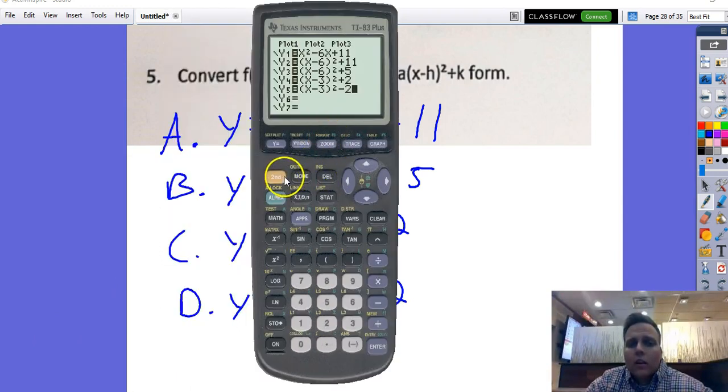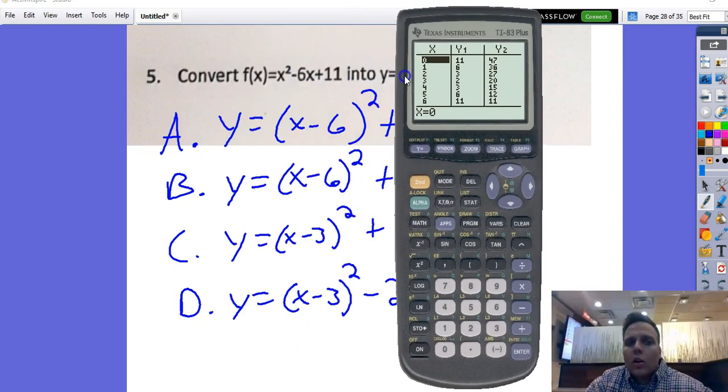Okay, I got this back working, so I'm going to hit second, and I'm going to hit graph. And this takes me to a bunch of tables. This is my original table, y1. y1 is the y values for this guy right here. Okay? So now, I'm just going to go through these tables until I find the table that matches up with